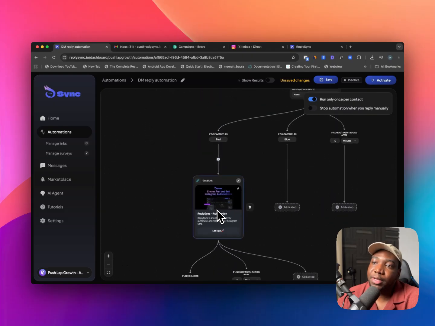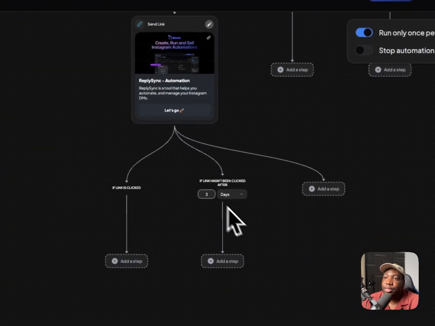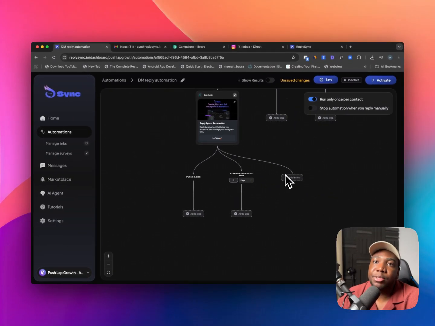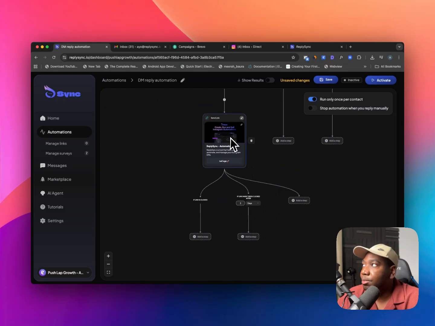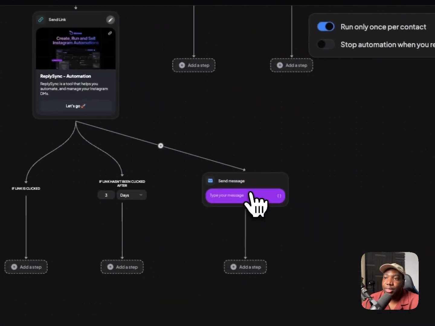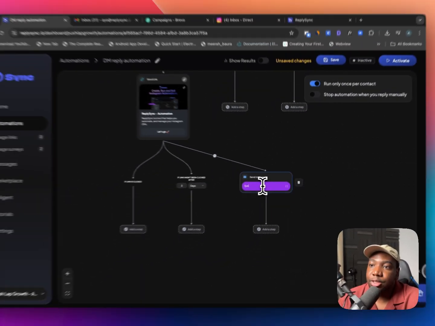So when you have a link step, it also has multiple branches. One of those branches is what happens regardless. So immediately it sends the link to the customer. This step happens immediately. So let's say we want to send a message to the customer that says, I just sent you